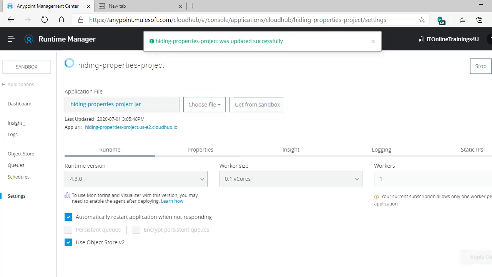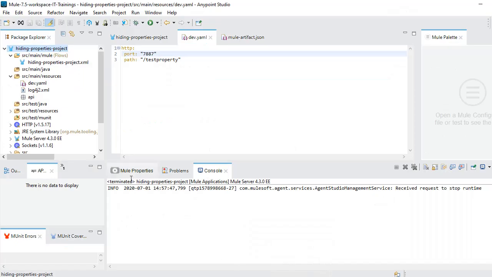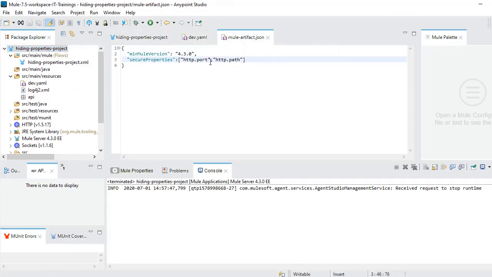And one thing you need to make sure of: you need to finalize the list of properties to be masked. Because once we mask the keys, we cannot unmask them. That is an inbuilt feature of MuleSoft. Even if we remove the secureProperties line from here and redeploy the application, the masking still applies to these keys.